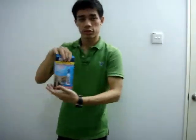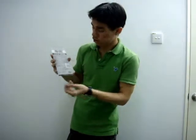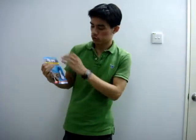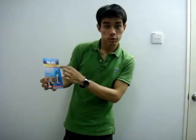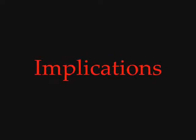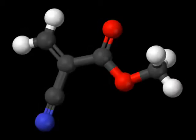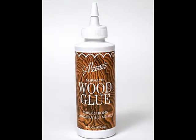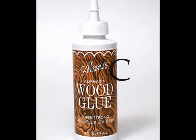Let's start with the purpose of the case study. In our ISU project, we are trying to determine just what exactly makes superglue so undeniably strong. What reason lies behind the bond strength that has bonded models, miniatures, cracks, and even fingers together since its invention in 1942? From our study, we found that the super strength of superglue is caused by the presence of an organic substance, cyanoacrylate. In our experiment, we pitted superglue against two different commercial glues, PVC and UHU, in two types